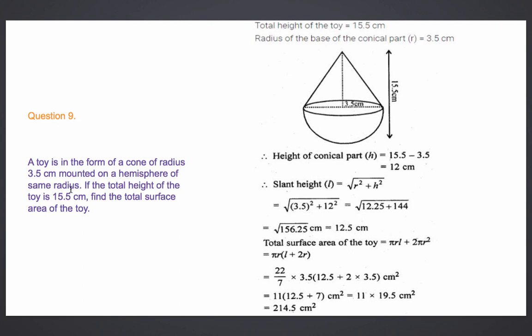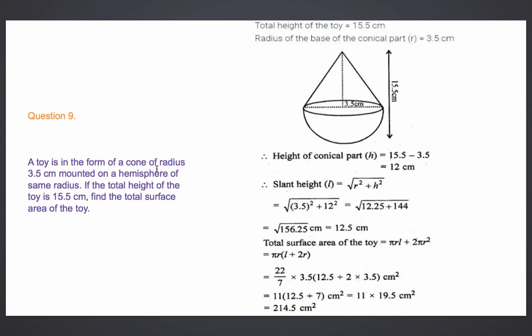See, when the figure is given, it was easier for you to do the beginning questions. But when the figure is not given, you have to have this understanding. You will have to read the question and then you should be able to form the figure, draw the figure for the same. Drawing the figure is a very, very important part, students. Then only this will be clear to you, whether the given value is a radius or it will act as height or what.